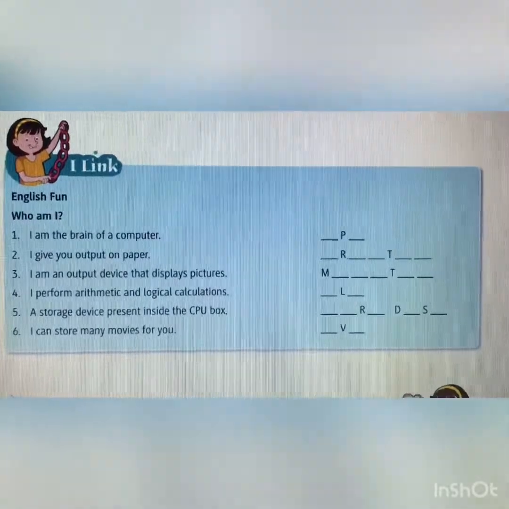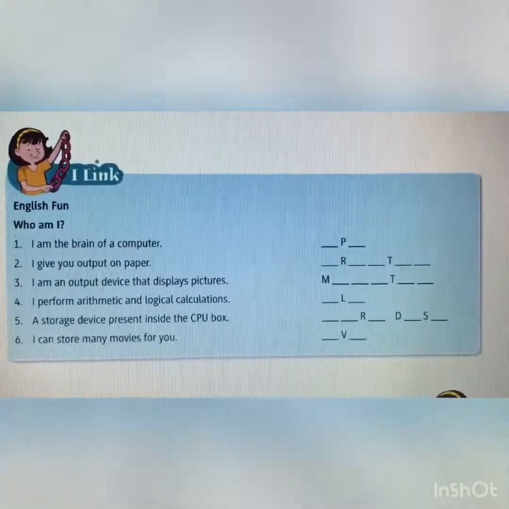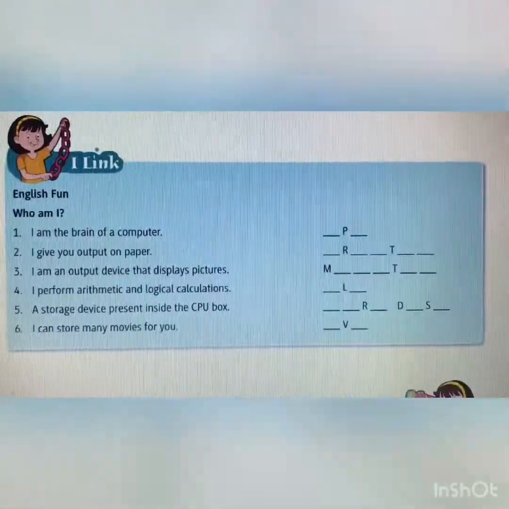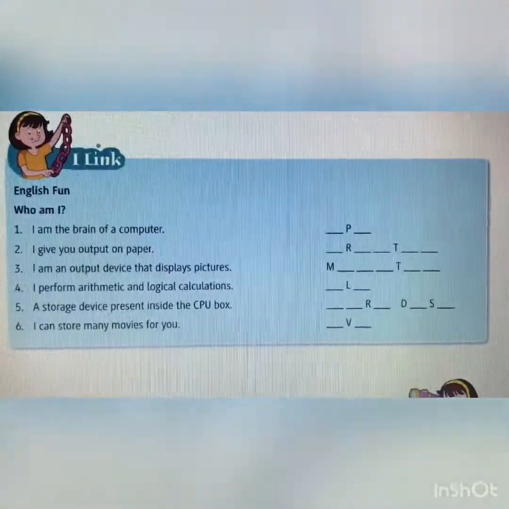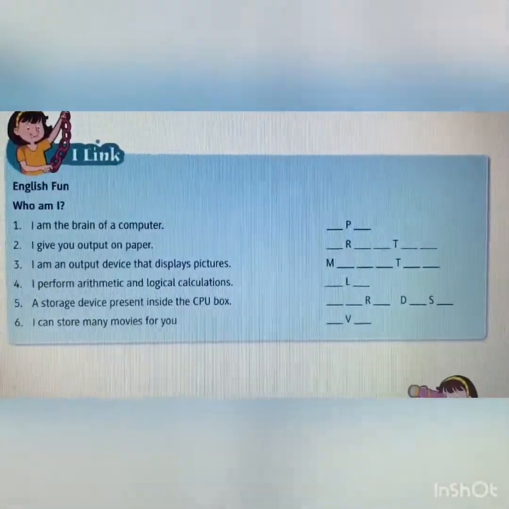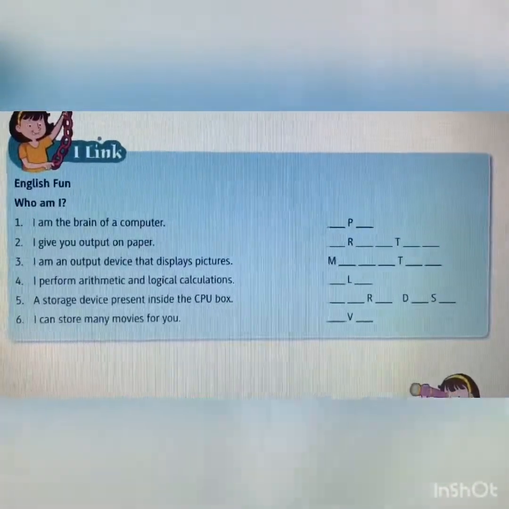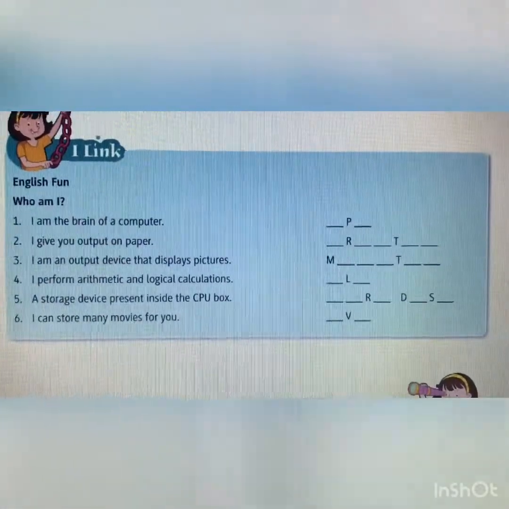Likewise, you write the answers in your course book. I am an output device that displays pictures. I perform arithmetic and logical calculations. I am a storage device present inside the CPU box. I can store many movies for you. So you have to do this.